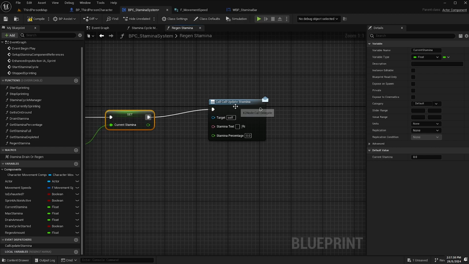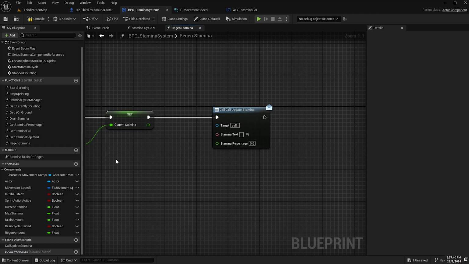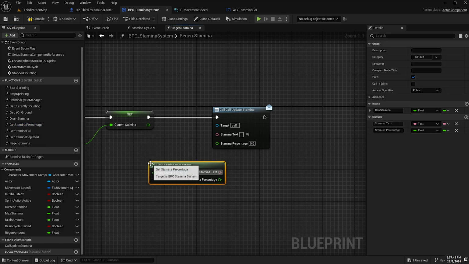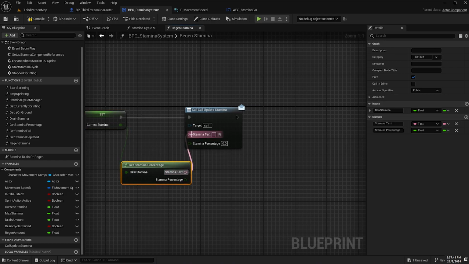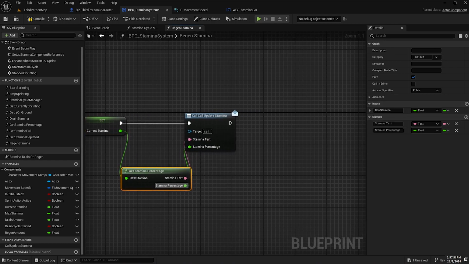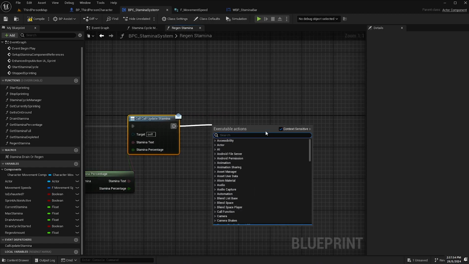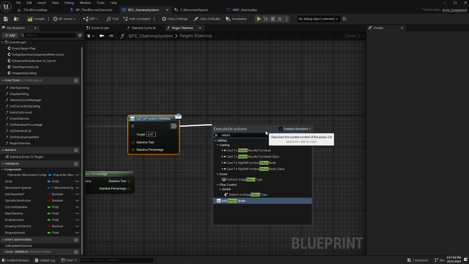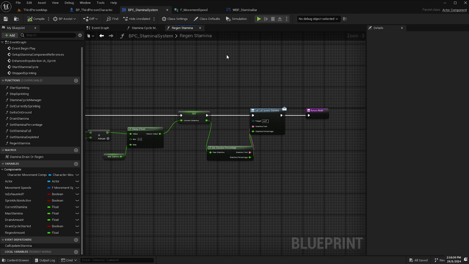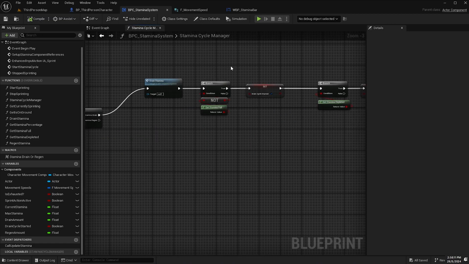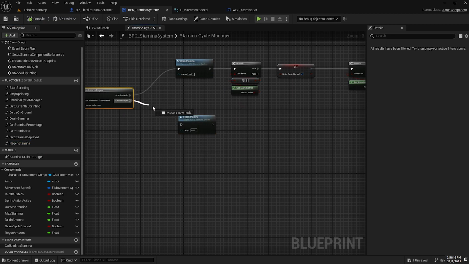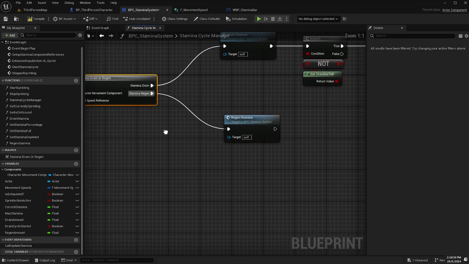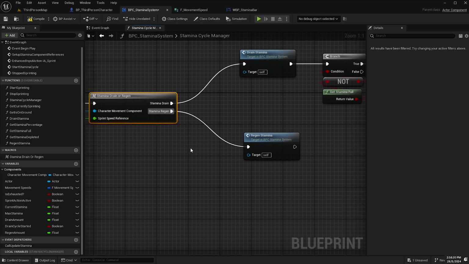Hook the execution pin up like that, and we've already created our get stamina percentage function from earlier, so I'll just drag that out again, hook up the raw value, and then hook up the text and percentage values like so. And then finally add a return node. And that is our regenerate stamina function complete, so we'll close that off, and then we can just drag regen stamina out onto the event graph and hook up from the output of our macro like